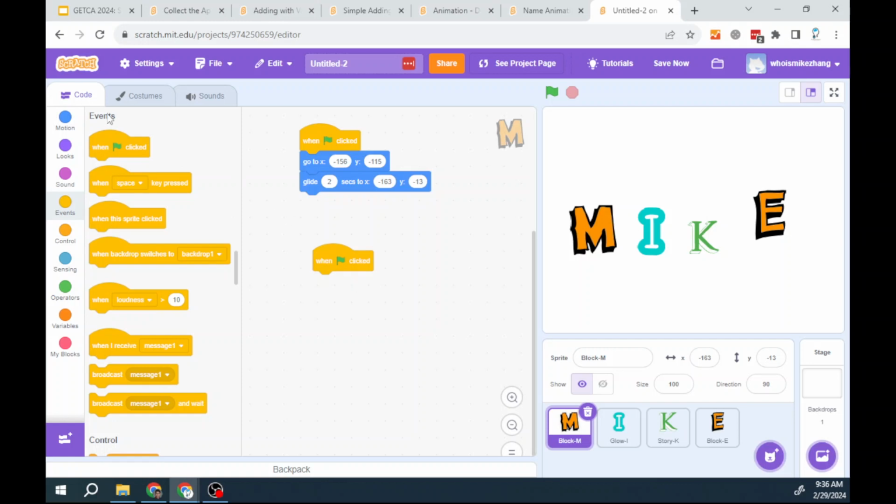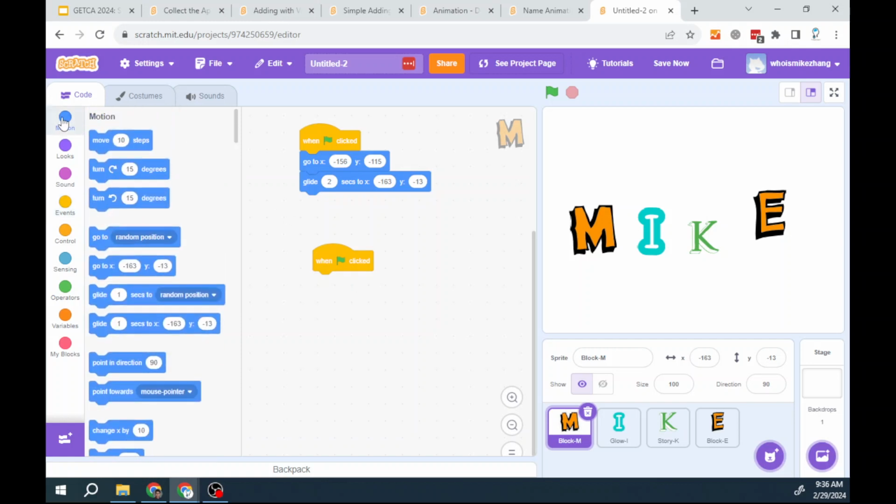So I'm going to go to my motion, and I want to point in direction 90, which just basically means it hasn't turned at all. I want to make sure that starts there, or else it might do some weird things